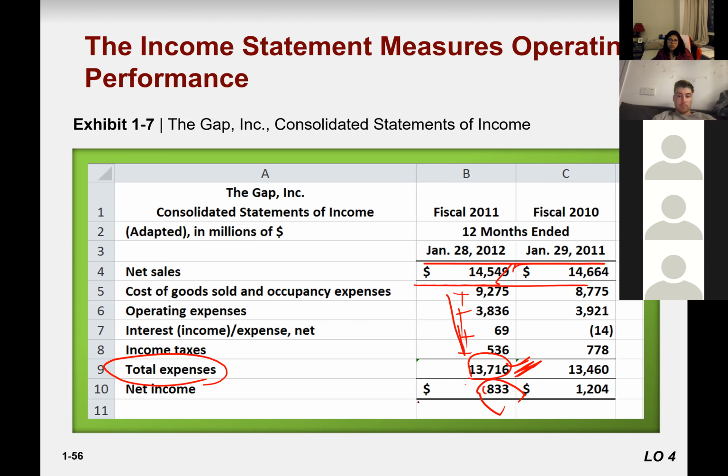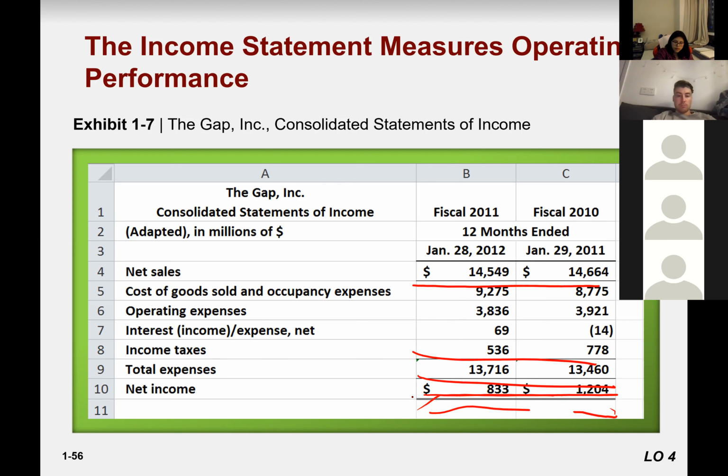And you see a double line here, right? It's because from here the statement has ended. You see a single underline here, a single underline here, but here you find a double. It means